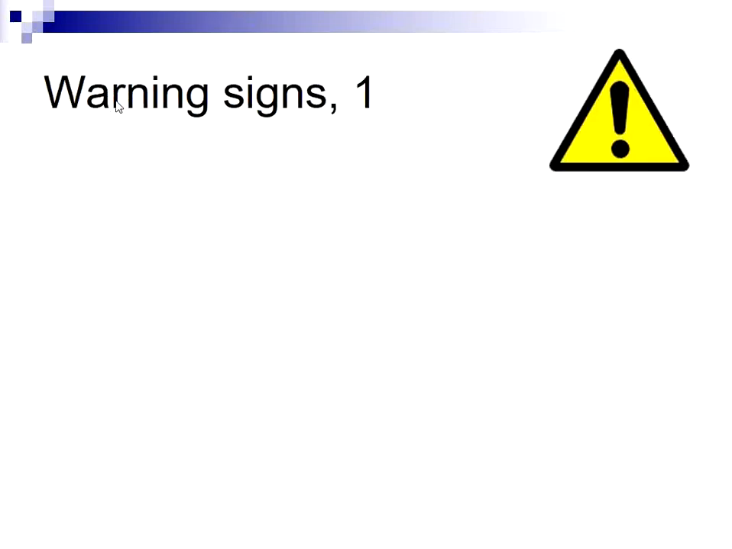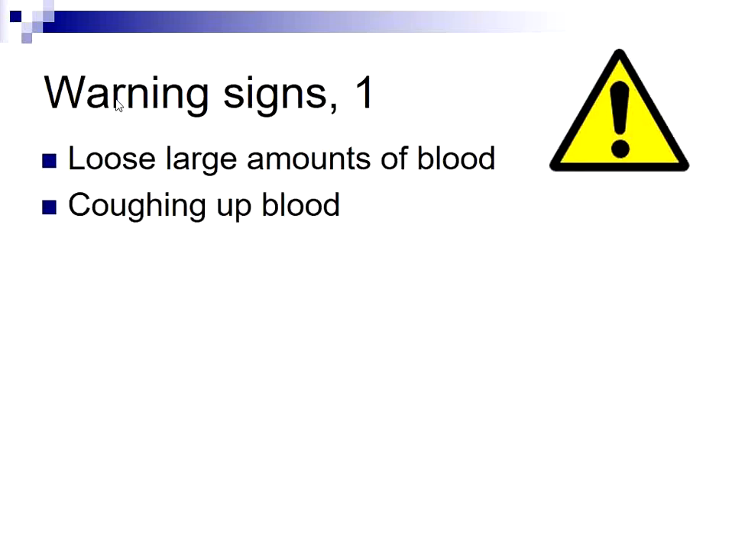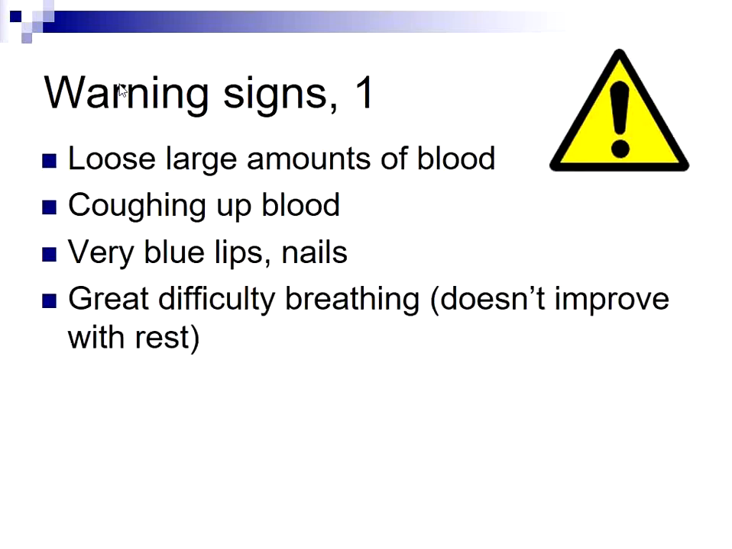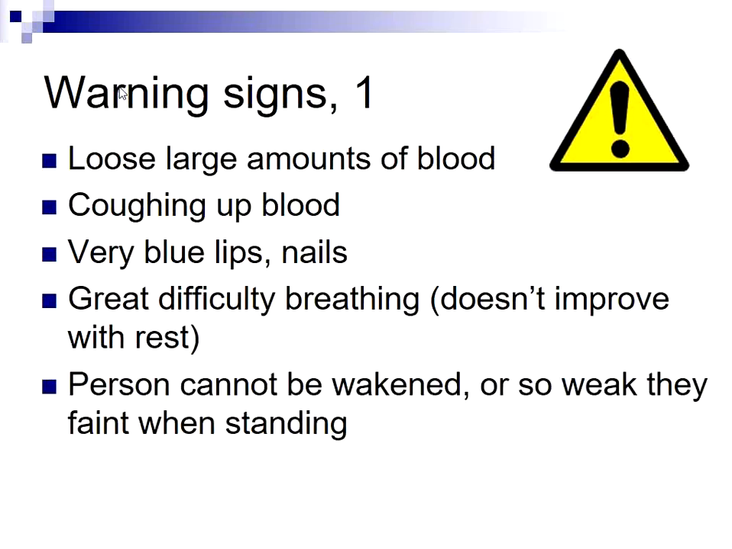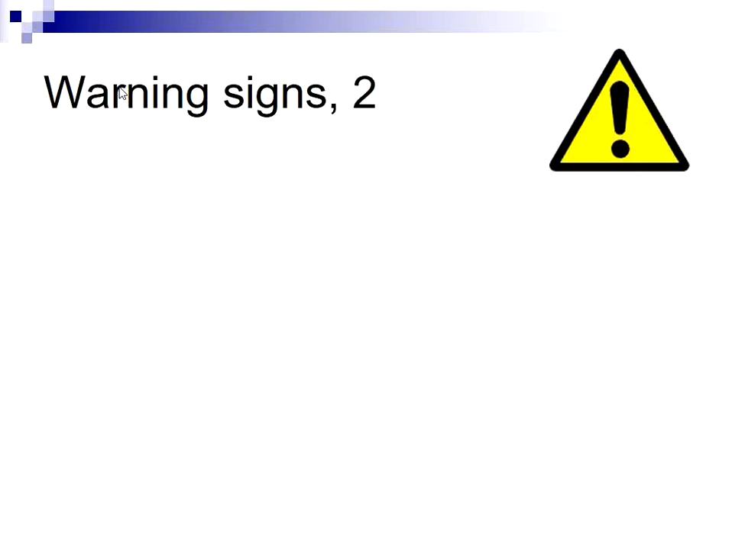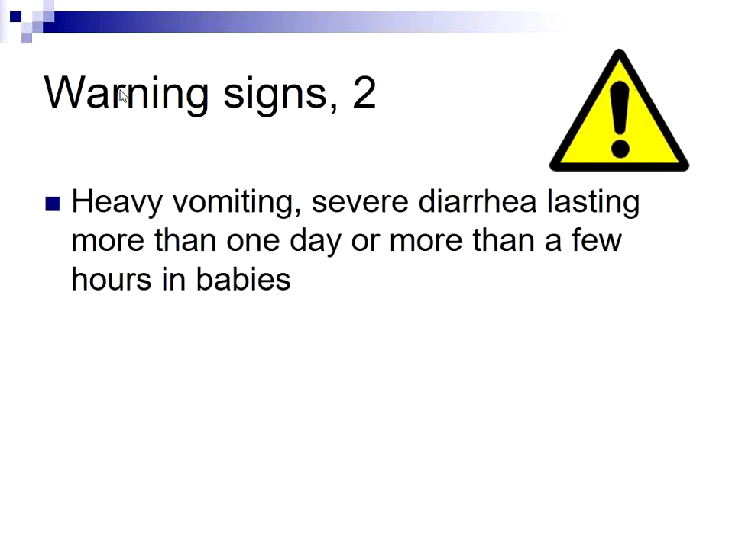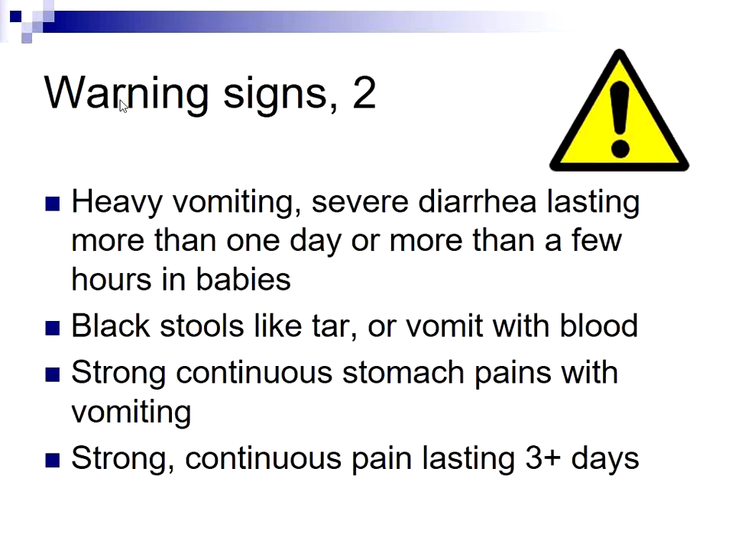You can't see well. There is teeth. The issues of large amounts of blood. You're losing blood. The issues of coughing up blood. Blue lips, nails, difficulty in breathing. You're not improving. Day 2, you are not urinating 3-4 days. Heavy vomiting, many of these, passing out, black stool,